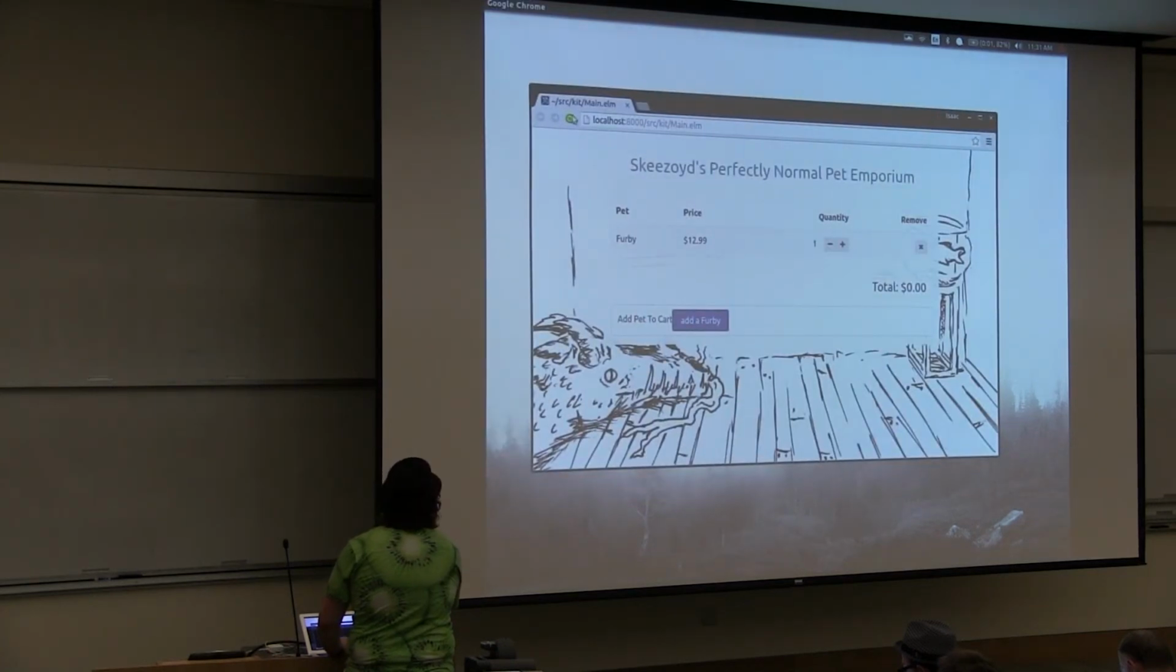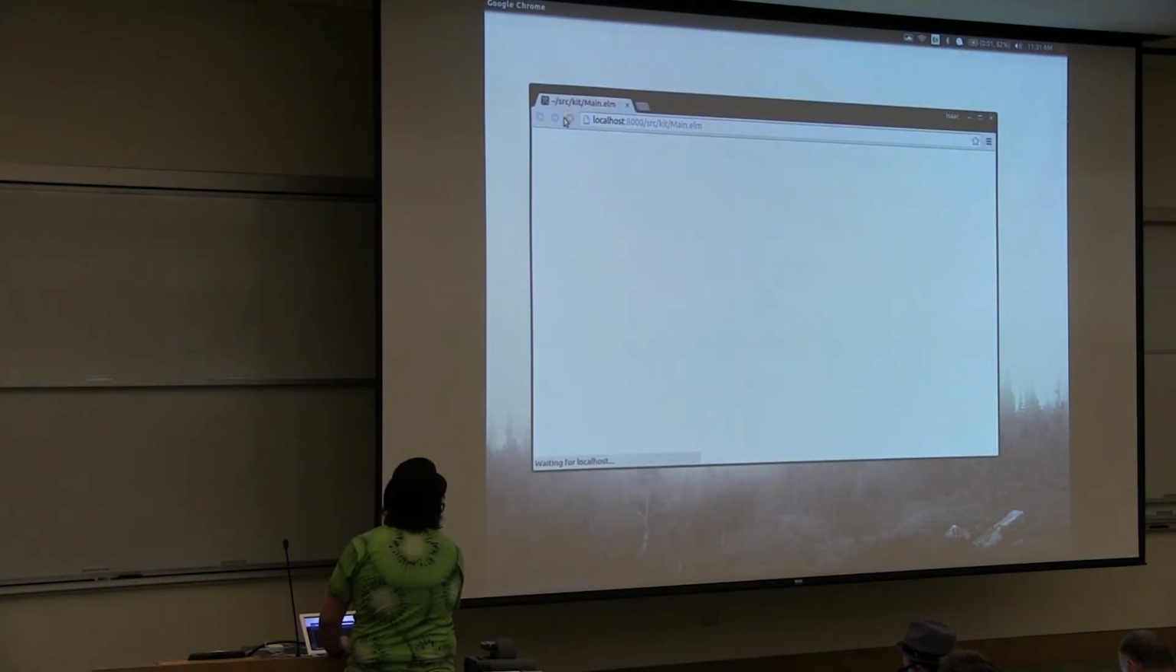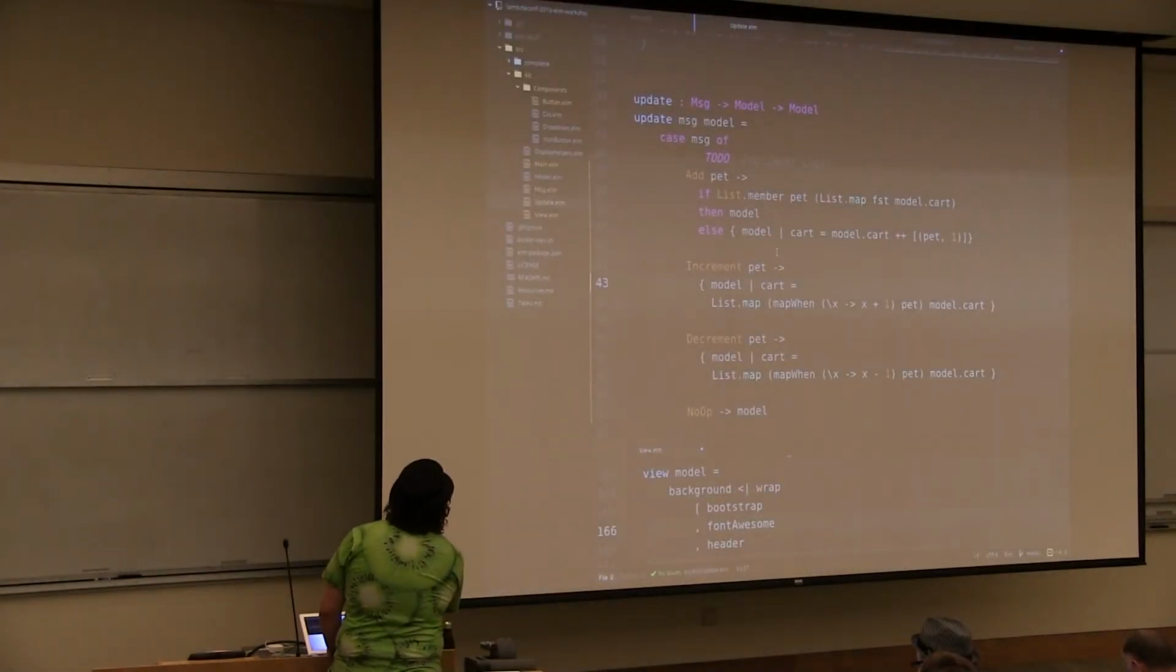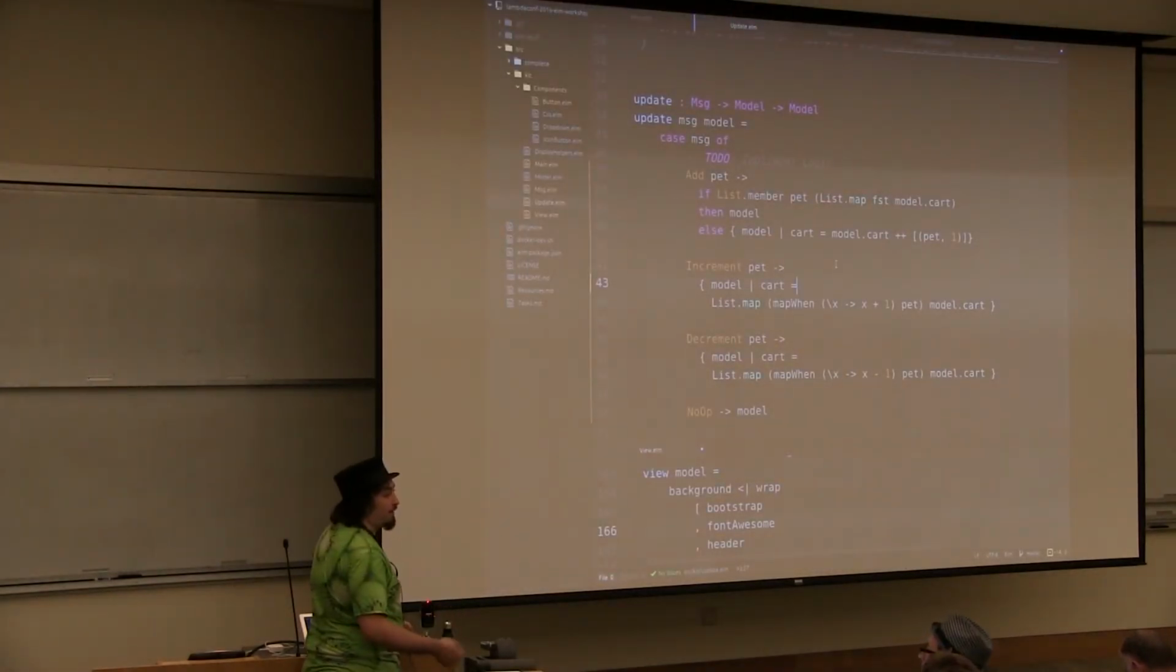Okay, and so if I refresh this, we should have the appropriate behavior. And we can add a Furby, and we can increment our Furby, and we can decrement it. Oh, that doesn't work. Did you update the view? I did not update the view. You are correct. That would explain why it doesn't work. So we're probably updating our model, but we're not actually firing increment and decrement events, considering we just added that